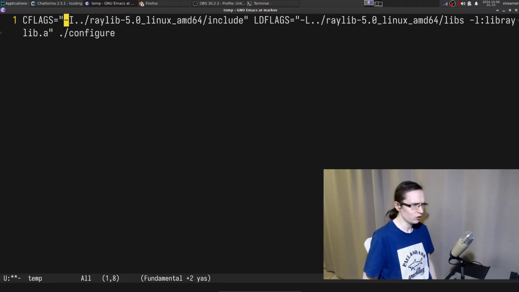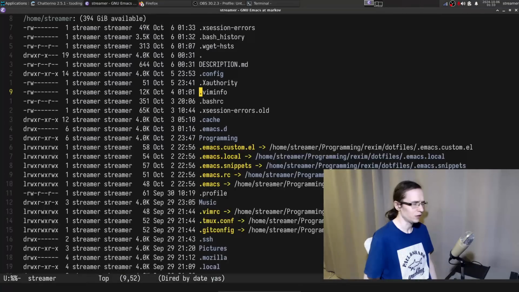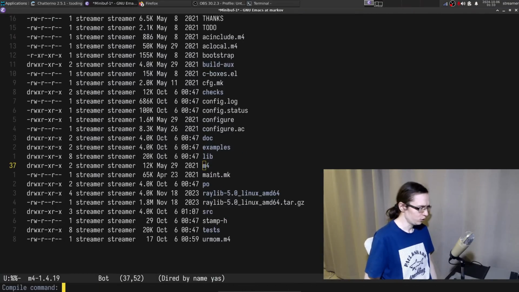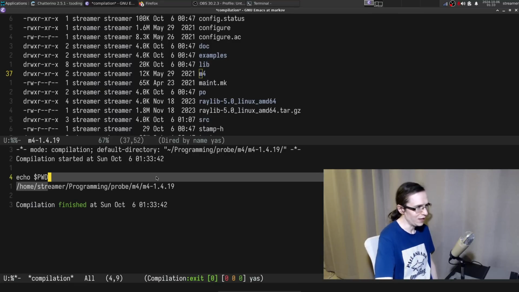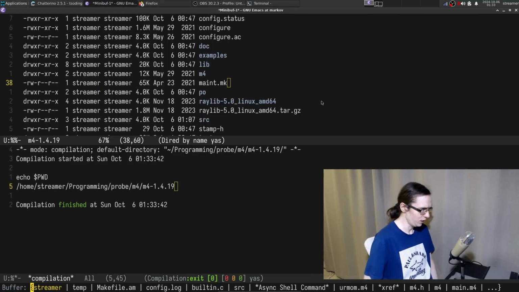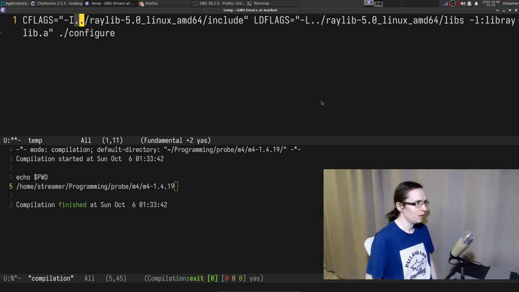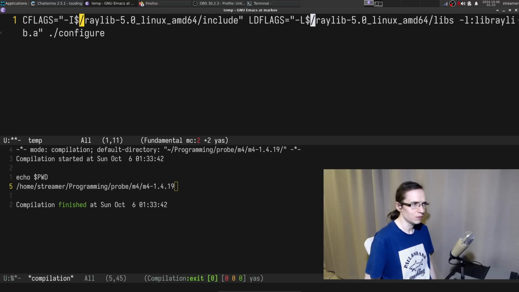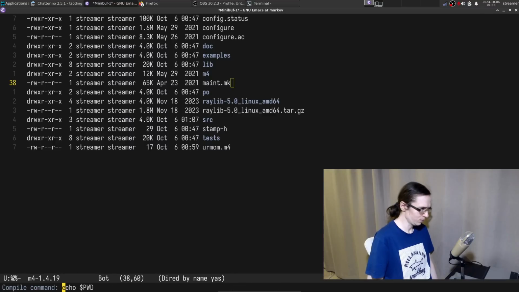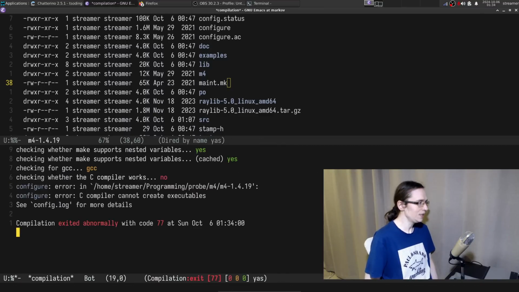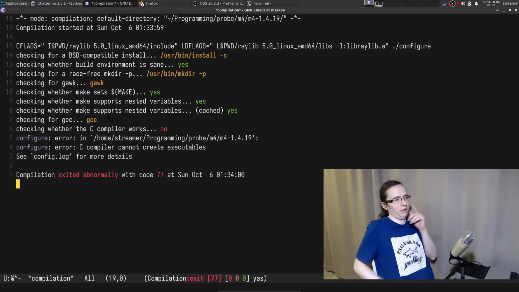So how can we do that? We can just use something like the variable PWD, which actually gives you the absolute path, but not in here specifically, right? So let's go into M4, and if I try to do echo PWD, it gives me this path, and you can construct an absolute path using this variable, hopefully. So I'm going to select this entire thing, PWD. Right, and let's hope that it's going to work. And it doesn't work. So it was not that, apparently.